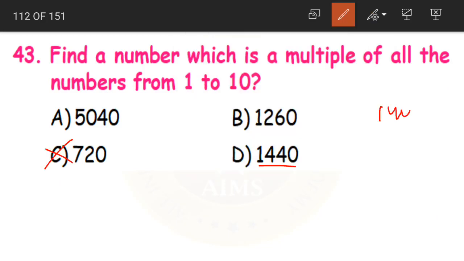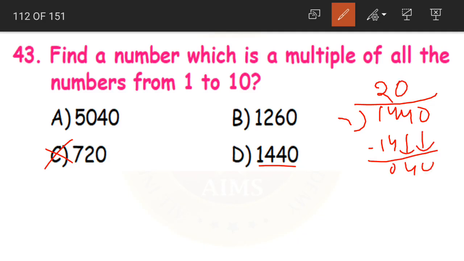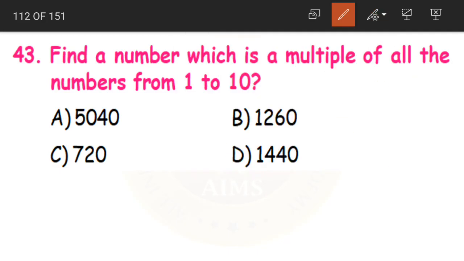Coming to 1440. We have 7 to the 14. When we subtract, 4 brought down, again I am writing 1 0 and bringing the other digit down as well. We have 7 5 are 35 and the remainder is 0. So again 1440 is not divisible by 7, children. So from the given list of numbers A, B, C and D, we can cross out C and D as they are not divisible by 7.